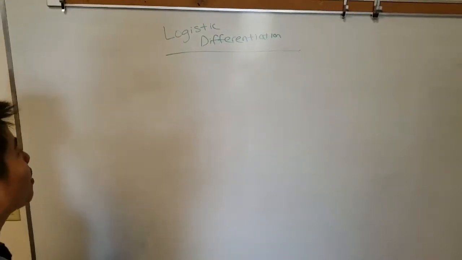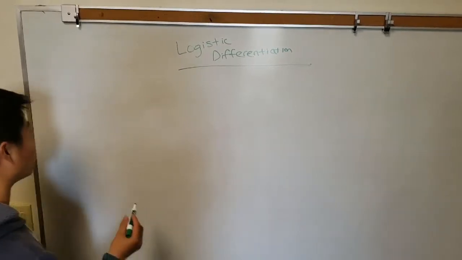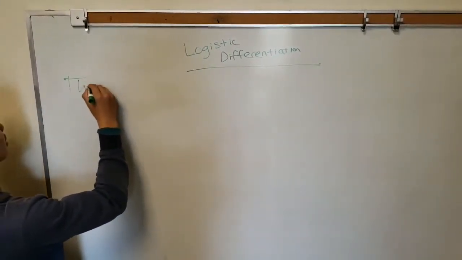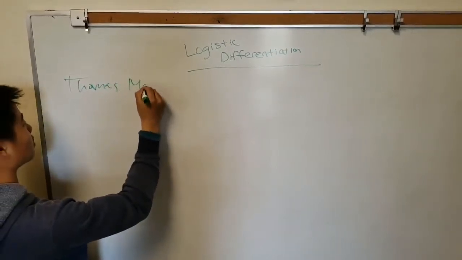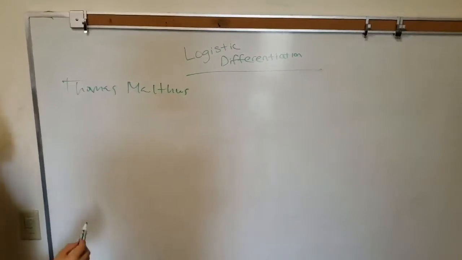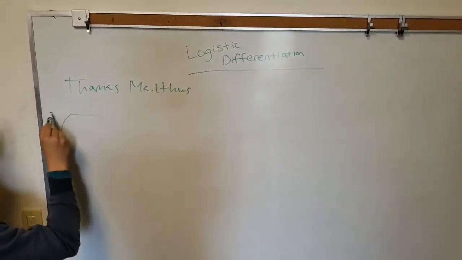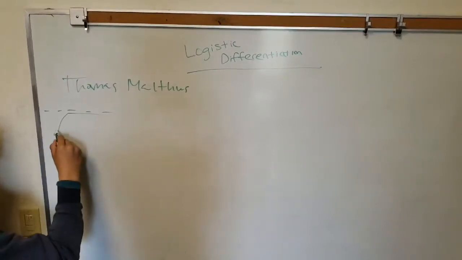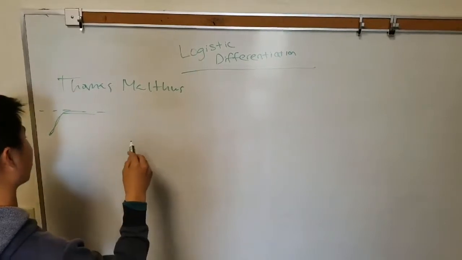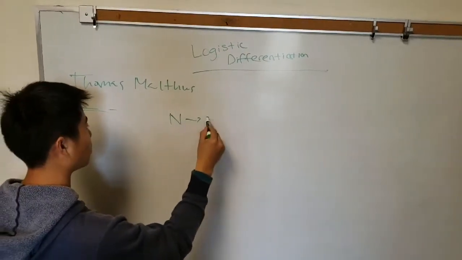Differentiation, which is basically about population growth and how certain factors affect that population growth. So there's this one guy named Thomas Malthus, who studied population, and he said that after a certain point, population growth would stop, and there would be no more population growth. So we can sort of graph this according to this equation where n is the current population,